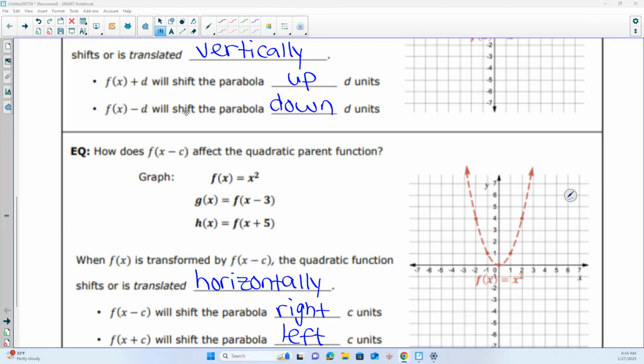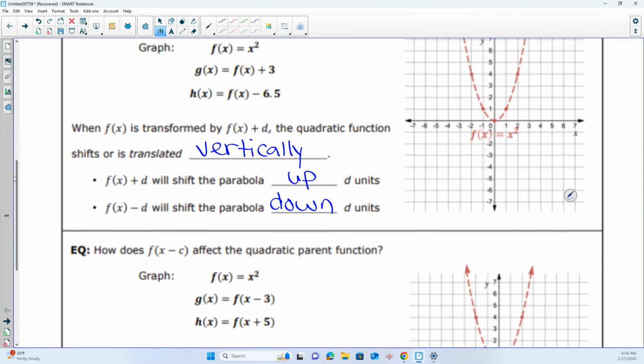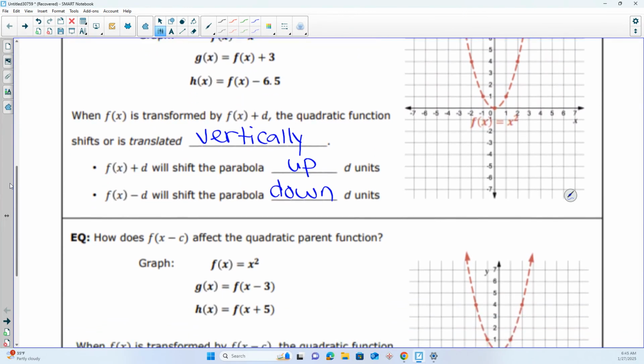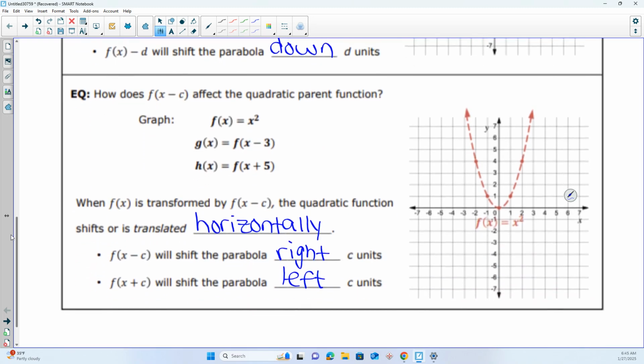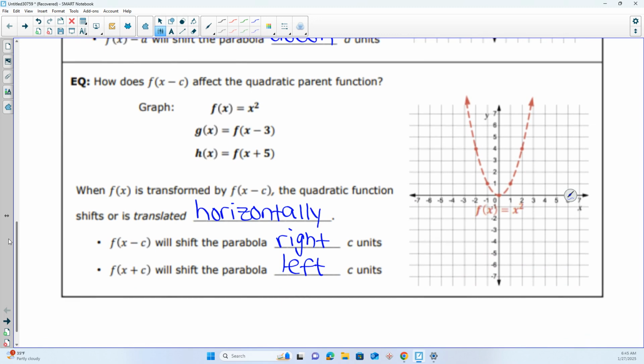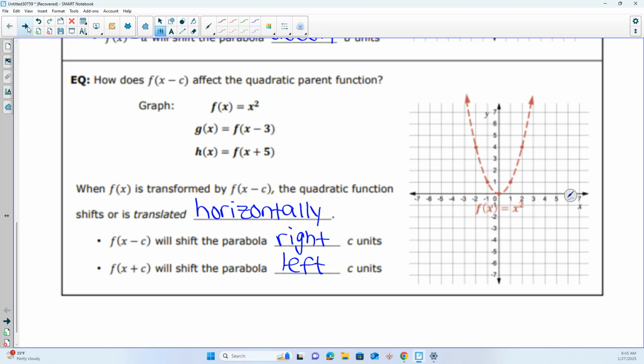I apologize, I did not show this in the previous video. But when you add or subtract something outside the parentheses, it's a vertical shift up or down. If you add or subtract something inside the parentheses, it's a horizontal shift right and left. So this was supposed to be in the previous video. I apologize. All right, so now moving on to page